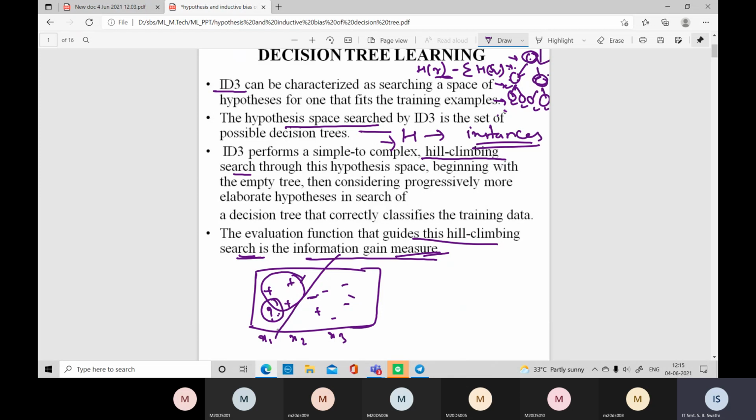Otherwise, we say that the new instance is producing the output as no. So plotting all this training data on this graph and making a clear division of all these things is called the hypothesis space, or search space, we can say. This hypothesis space will tell, when a new instance is given, based upon its attribute values and properties, whether it belongs to the positive instances or the negative instances. So this is about the hypothesis space.